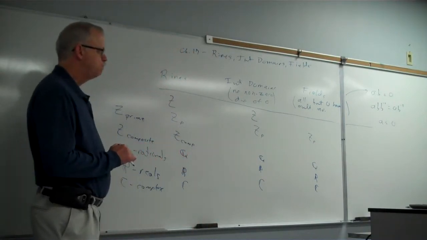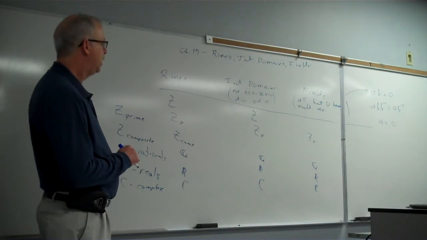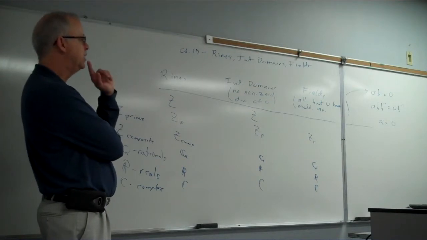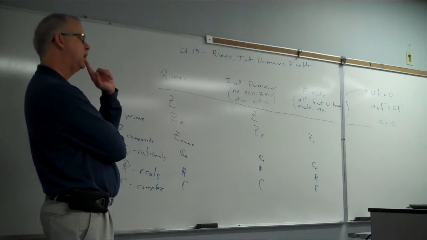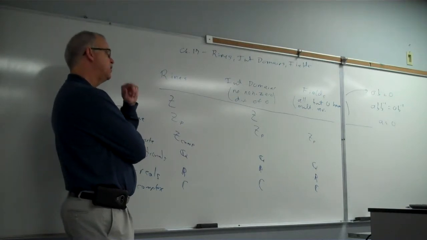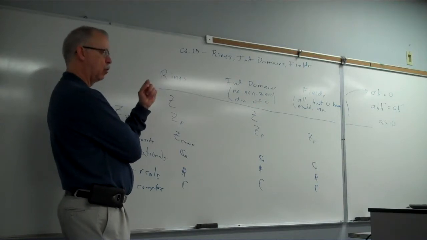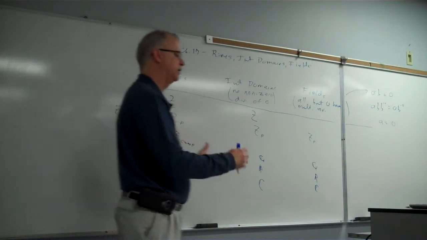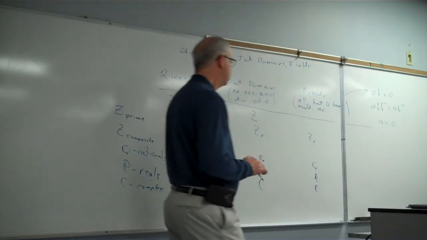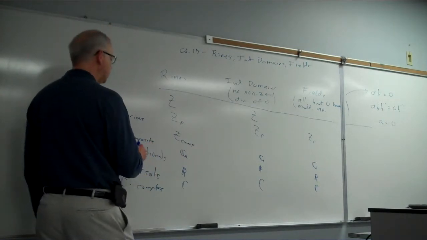Now, what we're going to be doing pretty much the rest of the class is to look at these examples, or these types of rings, integral domains, and fields, and begin to think, what kind of things are similar, what kind of things are unique to each set? Or, for that matter, is there anything that's unique to each particular set? So we're going to be looking for similarities and differences. If we look, say,